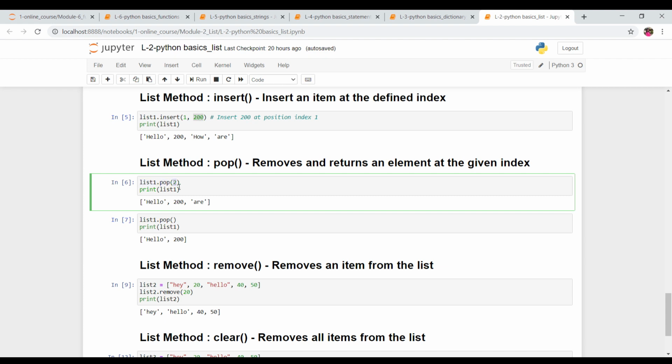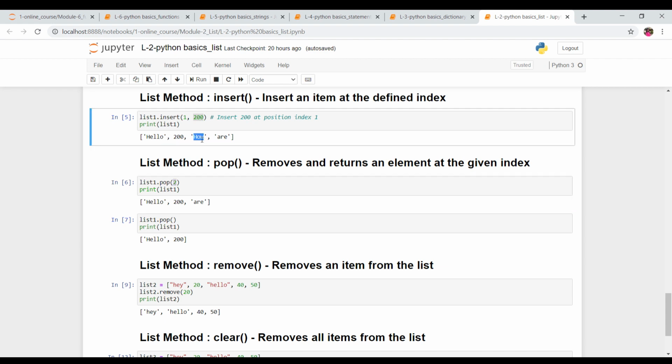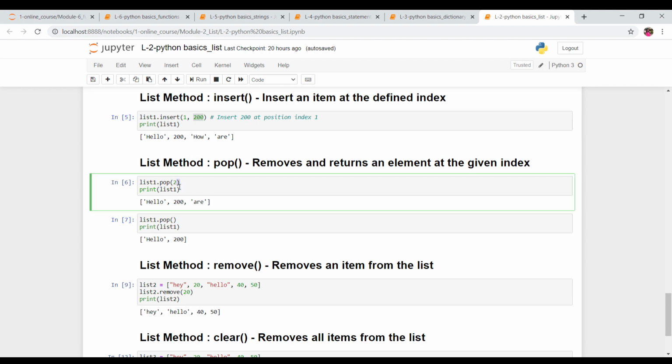The 2 simply means the element at index number 2, we want to remove that element. What is at index 2? This is at 0, 1 and 2. How is at index 2. When you execute this line, how will get deleted. This is what the final output looks like. All right, so this is how it works.